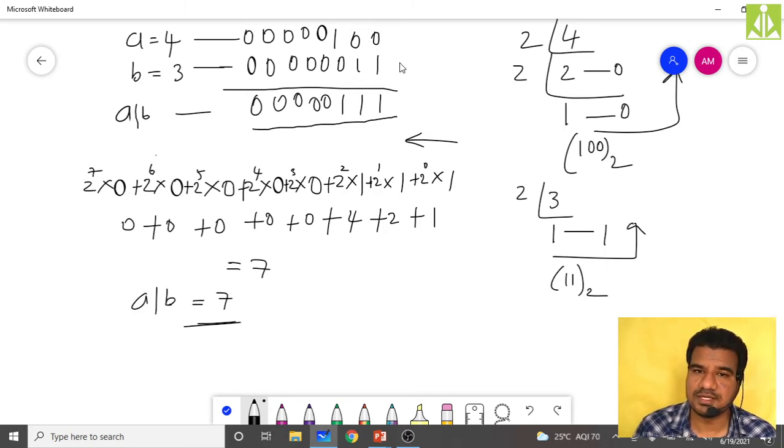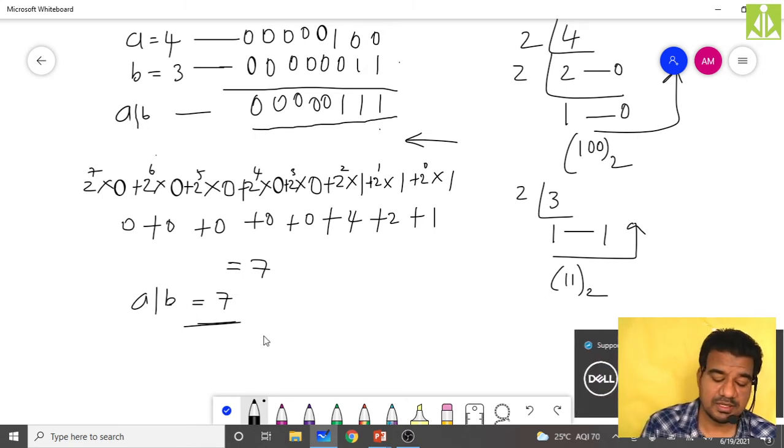Whatever result you get is in terms of bits only, and you convert those bits, that is the binary number, into decimal form to get the final result, which is 7. For those three ones, you get decimal 7.